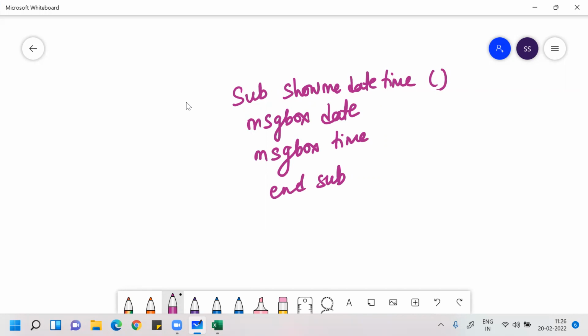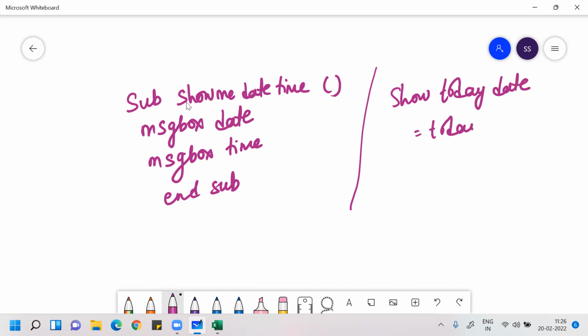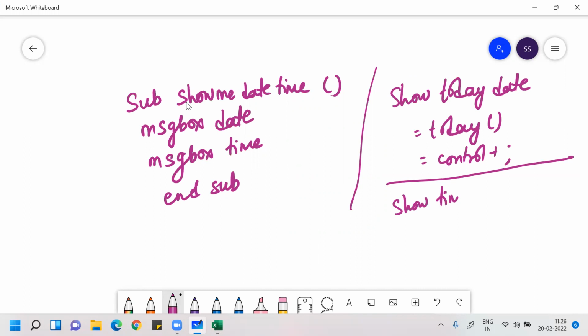The other way to see the date is to use Control plus semicolon. Another way to get the date is Today, open bracket, close bracket. I hope you know how to see today's date. You can use the function in Excel like Today(), or you can use Control plus semicolon. If you want to see the current time, not today's time, you can use